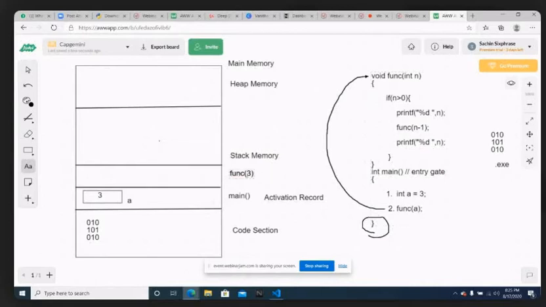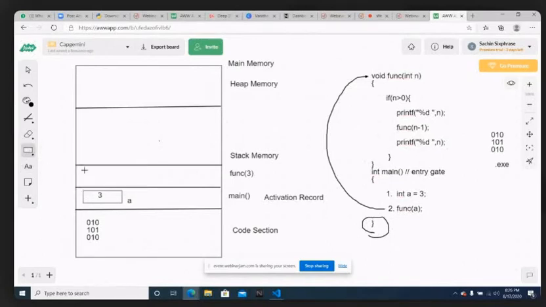Now, after passing the data 3, what will happen? Inside this function block, there is one variable called n. So the memory block for this variable n has to be created inside the activation area of func.